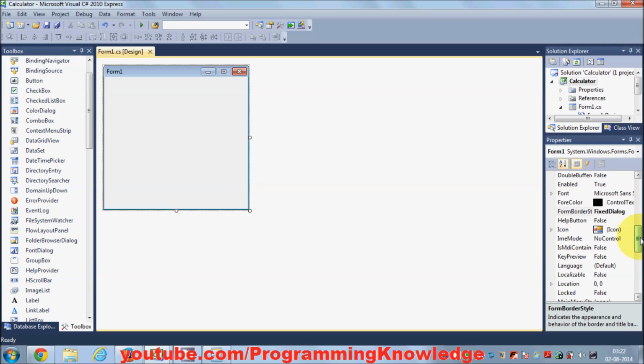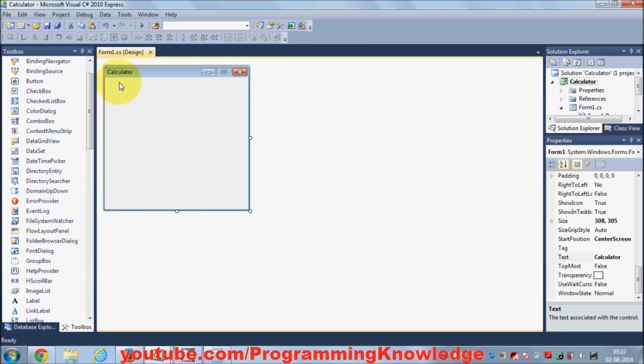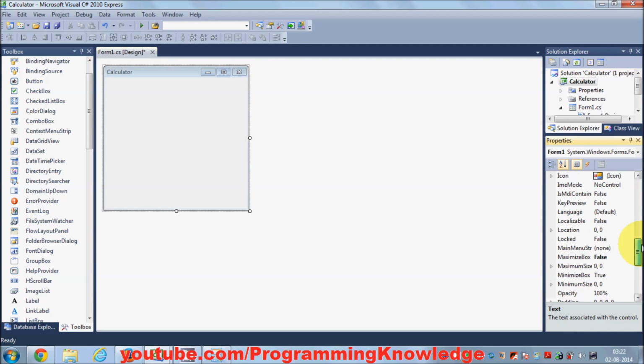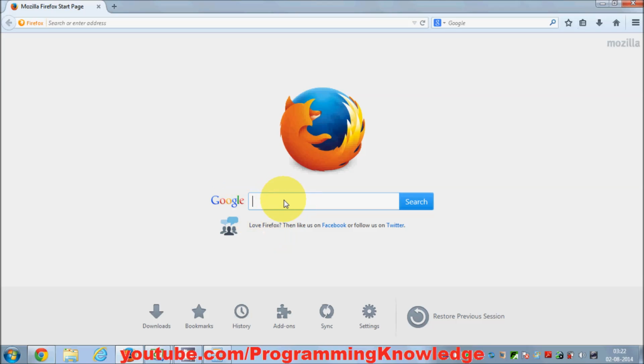Select your form and go to the property called text, and by default it's form1. Make it calculator, so you can see calculator here, and then the icon. Okay, so you can choose this icon if you have some icon for your calculator. And I will show you how to easily get an icon. You can find this icon online very easily. Generally I go to one site called